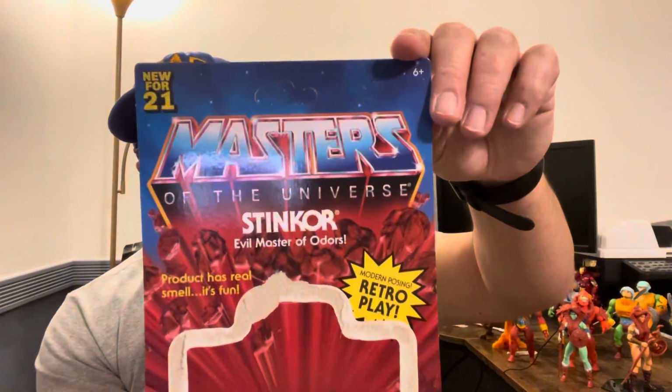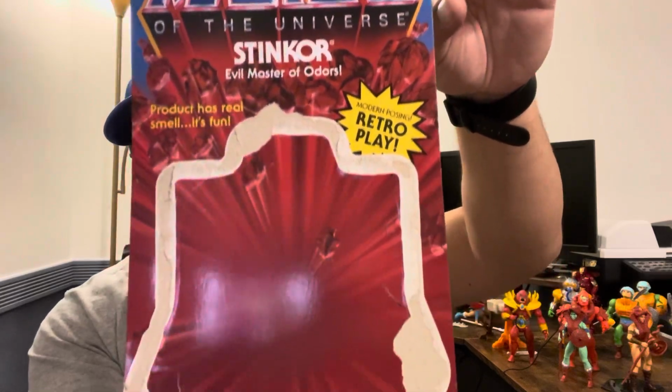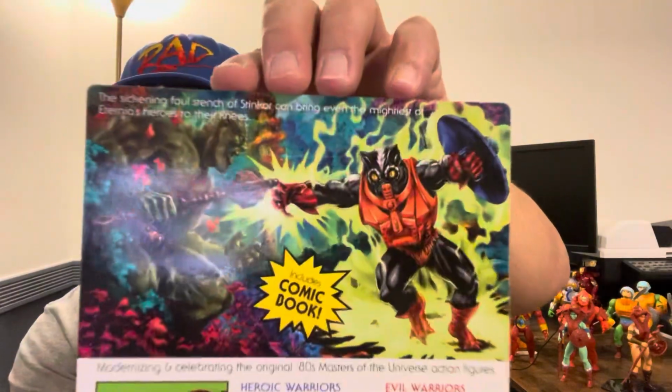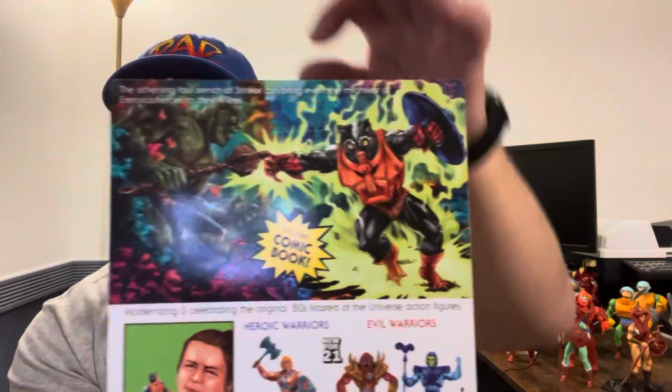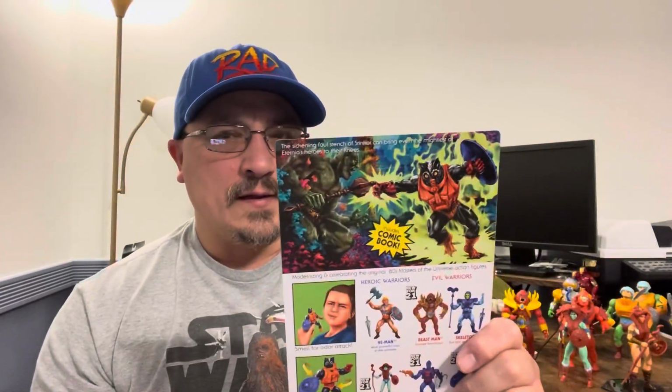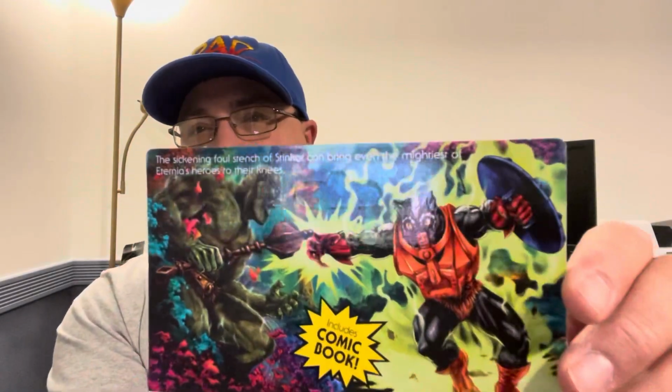So anyway, here is your Stinkor, front of it, and then here is the back of your art, and he's fighting Mossman, which, do we have a Mossman yet? I don't know. I don't believe so, or else I would have seen him. Anyway, so there he is,